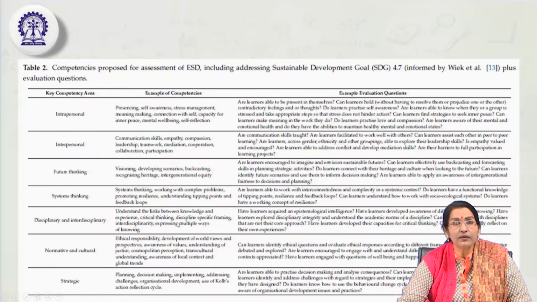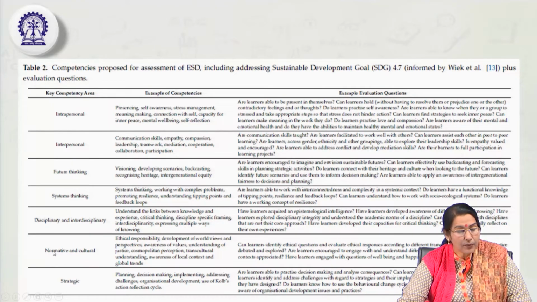So, understanding not only our own knowledge across the disciplines, but learning from experience, learning with critical thinking, and in an expression of multiple ways of knowing, and your creative ideas, innovative ideas and thoughts. So, interdisciplinary and disciplinary competencies can also be developed. Then comes your normative and the